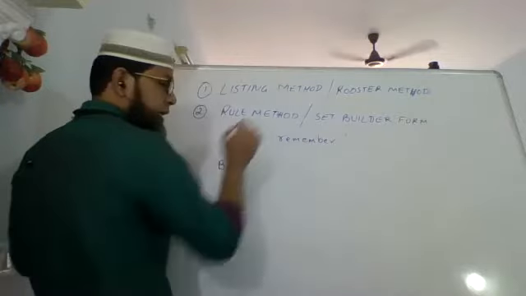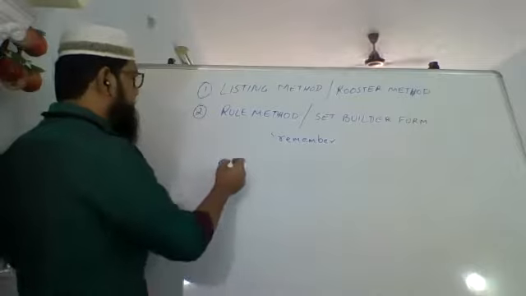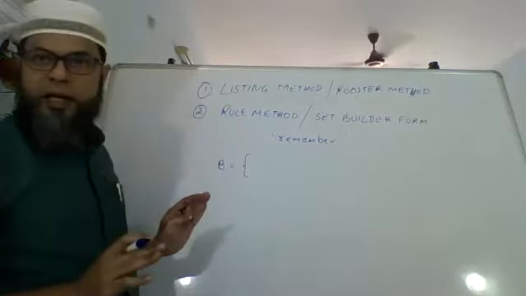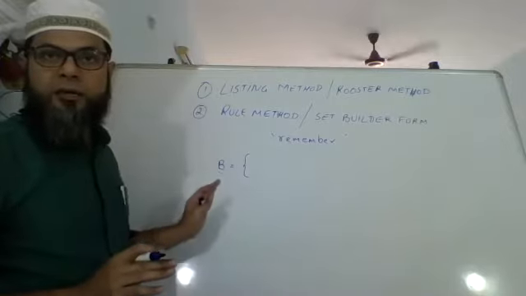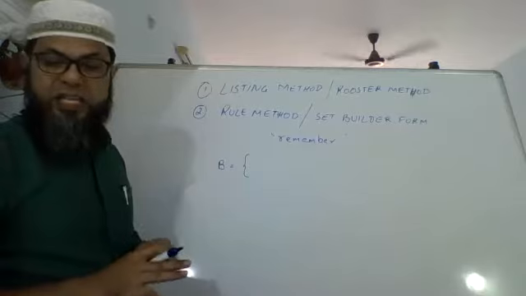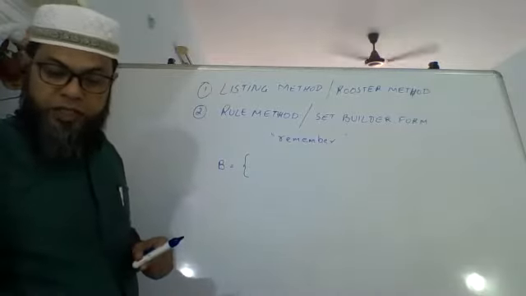Supposing ये लिखना था हमको. In set builder form, how do we write? First of all, we write B equals to, यहाँ तक ठीक है. फर्स्ट अल्फ़ाबेट लिखना है, बड़ा कैपिटल में रहेगा, कर्ली ब्रैकेट रहेगा. उसके बाद we write it in the general form. Okay, we write it in the form of a general element.